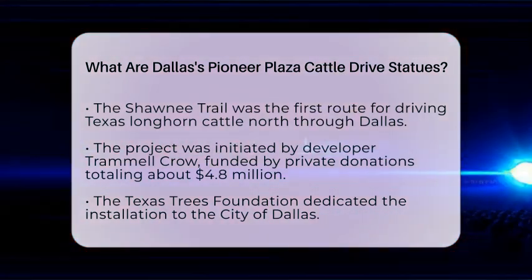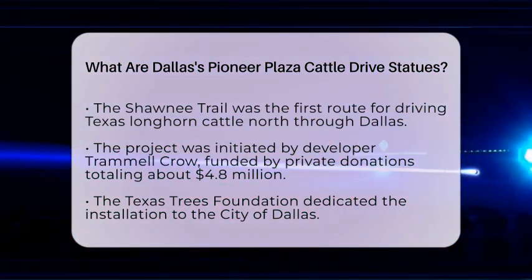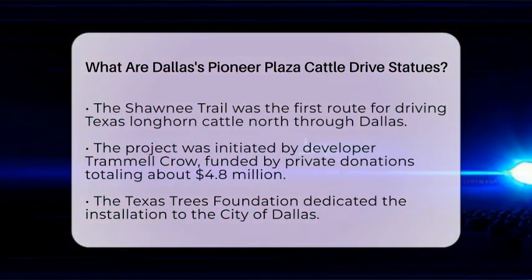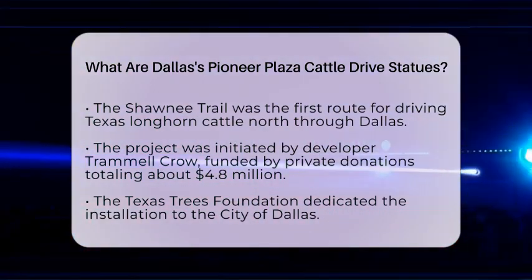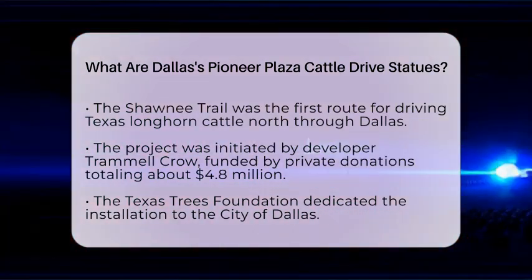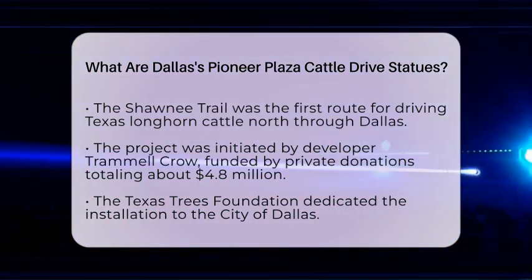Funding for the project came from private donations, totaling about $4.8 million. The Texas Trees Foundation dedicated the installation to the city of Dallas. Today, the Pioneer Plaza cattle drive statues are one of the most visited attractions in downtown Dallas, second only to Dealey Plaza. They not only pay tribute to the cattle drives but also serve as a cultural landmark that reflects